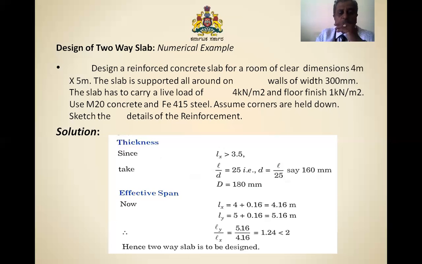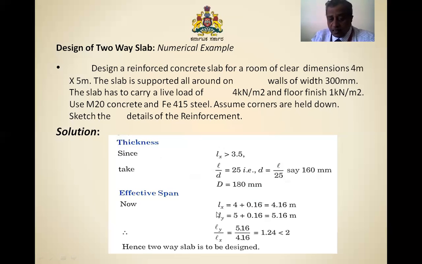Now the solution. For the thickness of the slab, the shorter span is more than 3.5 meter, as per the two-way slab criteria. For the span to effective depth ratio, with a 20% reduction, it is almost like a one-way slab. We will consider the span to effective depth ratio as 25. We can consider it as 28 also, but to reduce the iterations, I have taken 25. So with L by D of 25, the effective thickness required will be 160 mm. Consider the effective cover of 20 mm. We will be considering the overall thickness of the slab as 180 mm.